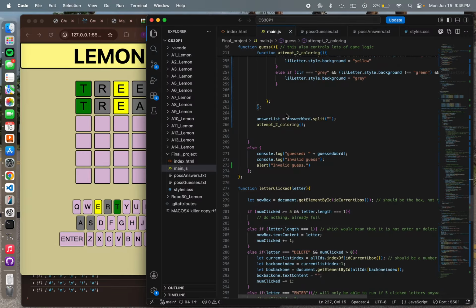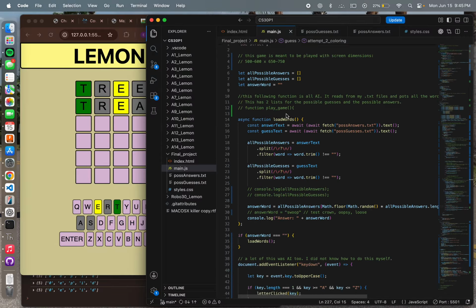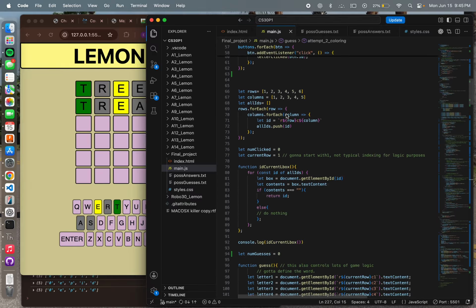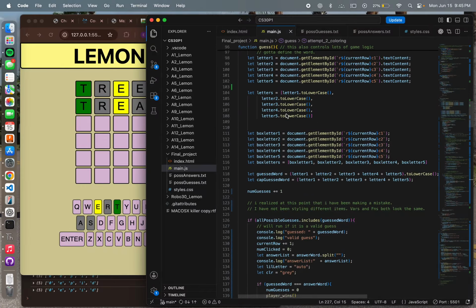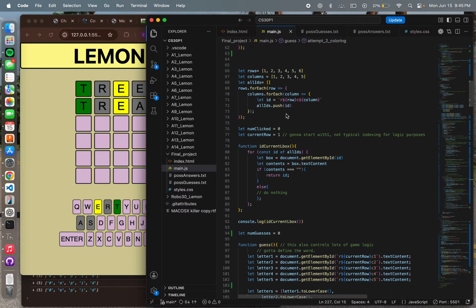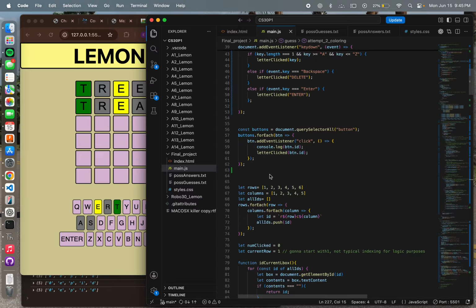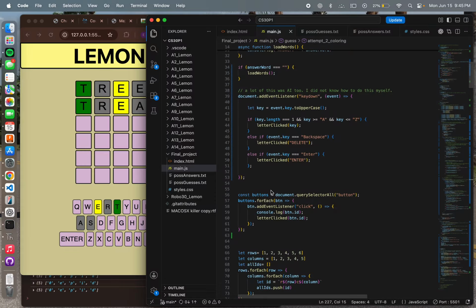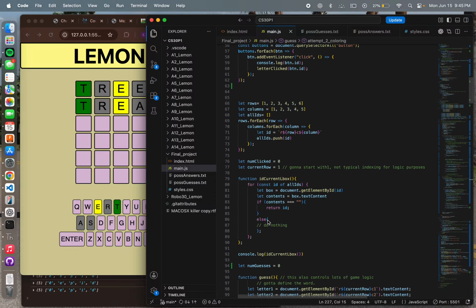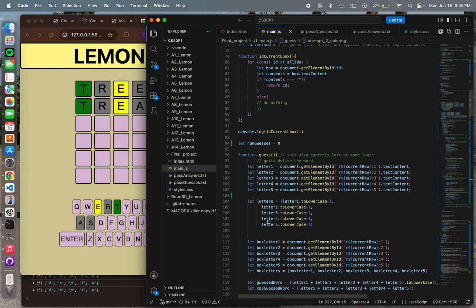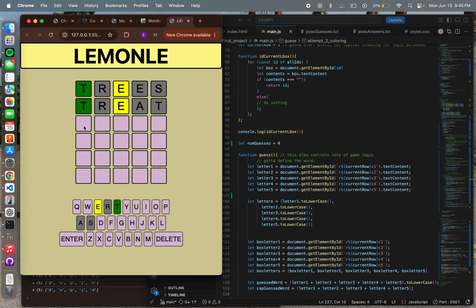Sorting. How did I sort my code? I used functions for absolutely everything that I could, because that works in my head. Past about line 60, when I'm just initializing everything and initializing variables and making sure everything is sorted, everything is functions. So this current L box figures out which box I am going to type in